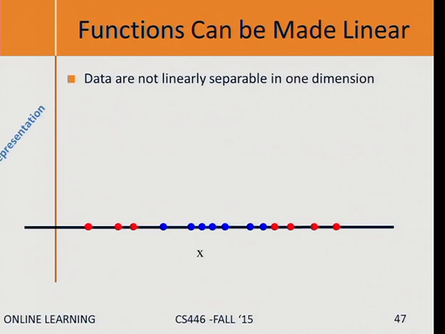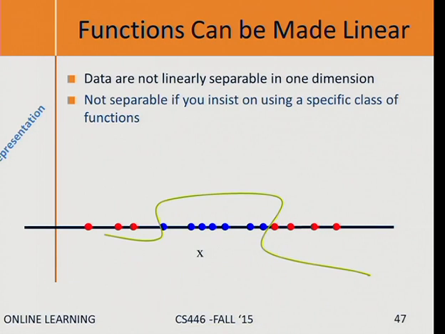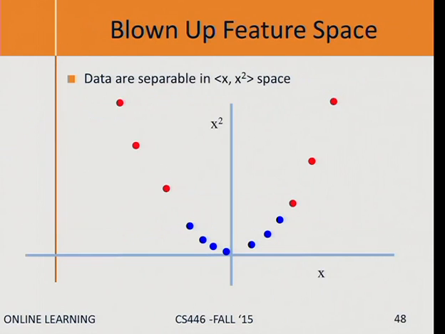Okay, so what you have to keep in mind is this example that we started with in the introduction. You have data points. You want to separate blue from red. You cannot do it using a linear separator in this space, but you can do it with a more expressive function. Therefore, you're changing your feature space, and in this case, I'm moving to x, x squared, and in this space, I can separate it.